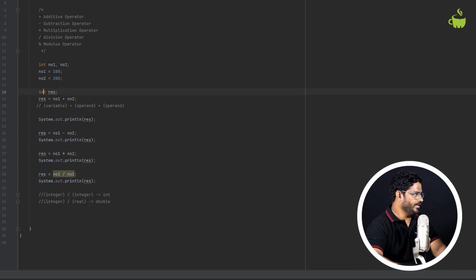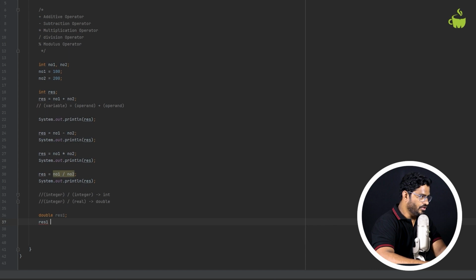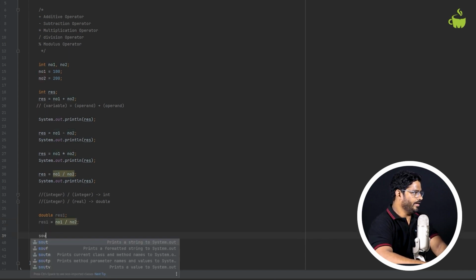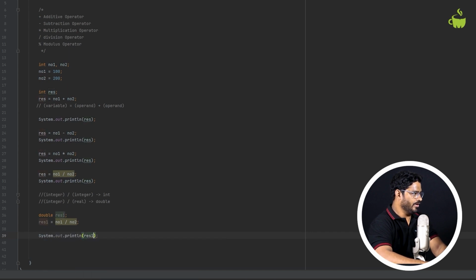So if I store it as integer, it always gives me 0. But if I want 0.5, suppose let us say I am now taking this as double. I am just taking another variable, result 1, just to showcase you. Result 1 is equal to number 1 divided by number 2. Now let me print this out, result 1. Now result 1 is a variable of double, and number 1 and number 2 are integers. Now whenever I perform result 1 is equal to number 1 divided by number 2,